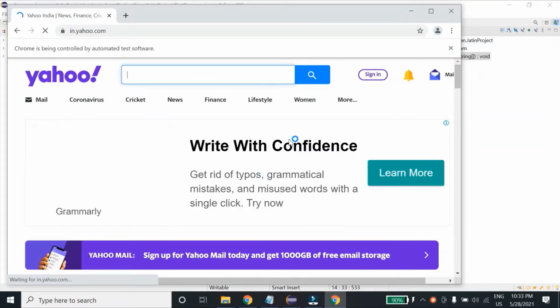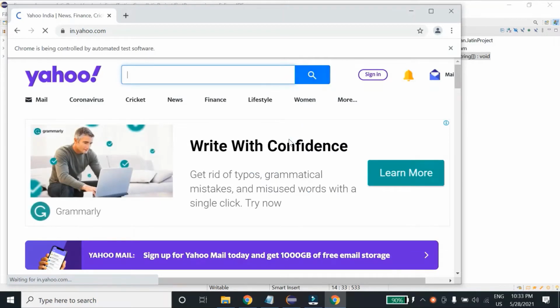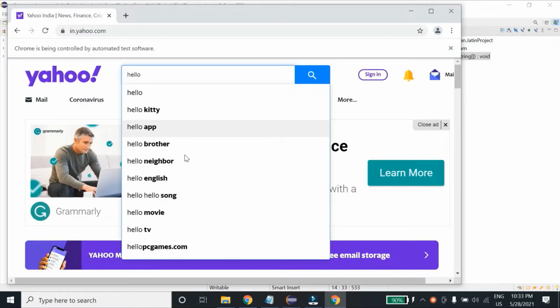So it has launched the website. Let's wait for the web page to complete loading, and then we'll see that it will enter hello over here. So as you can see, it has typed hello over here.